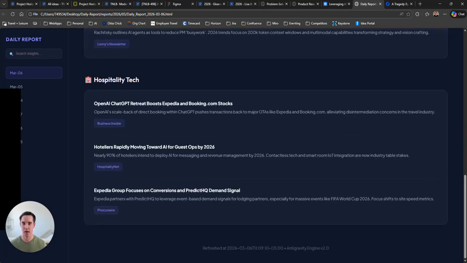And then at the bottom, I have hospitality tech. And this has been really valuable for my job because oftentimes I'll find something that's directly impacting my industry, and I can get a quick synopsis of what's happening and then share it with my coworkers with a link to the actual article. So I seem more up to date than maybe I really am because of this AI agent